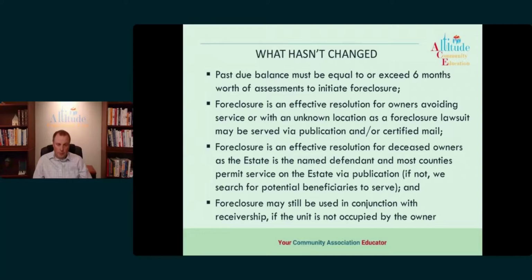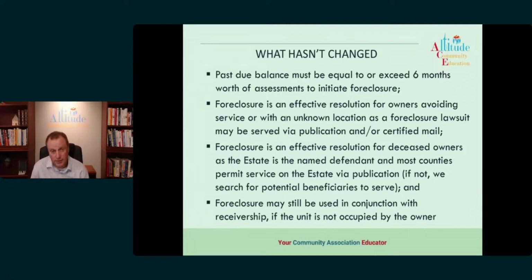So foreclosure for most associations is going to be a last-ditch effort. You've already gone through all of your collection tools. You've sent them multiple notices. You have probably gotten a judgment in county court. The attorney has probably tried to garnish their wages. Maybe they've tried to garnish bank accounts. So this is the only time we're really using foreclosure, for those hard-to-reach cases.